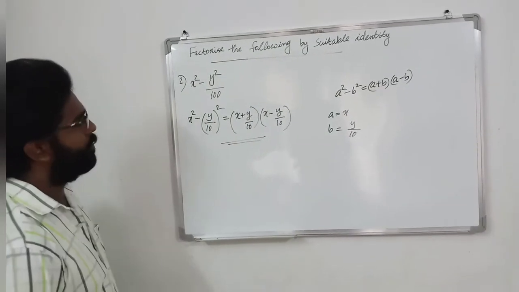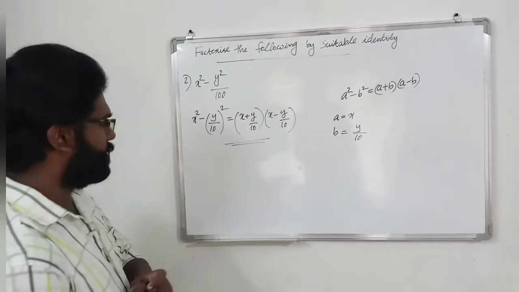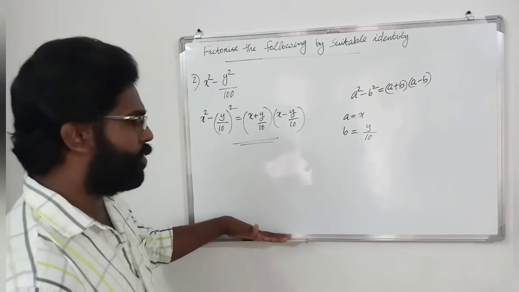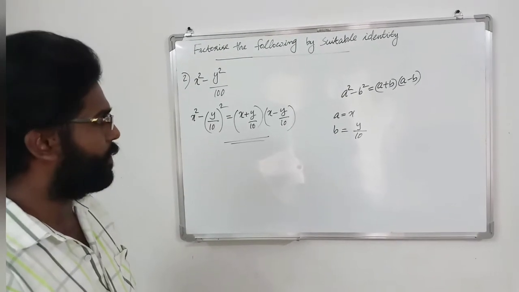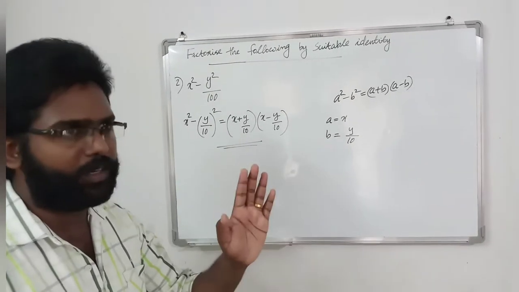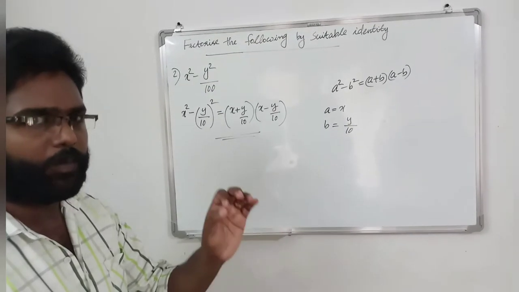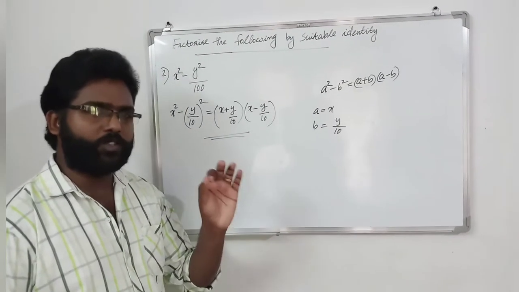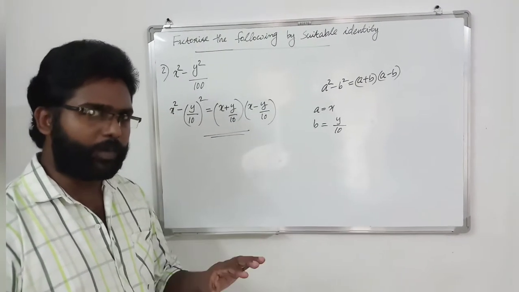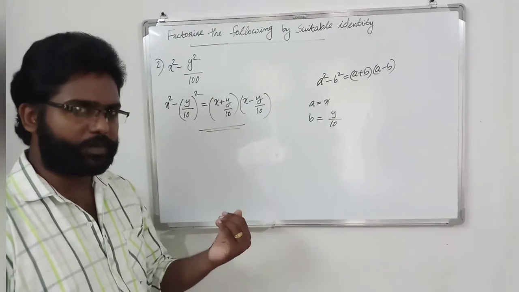It's a simple one. We can do more problems about these four identities, but these four identities were already studied in the 8th standard. So the most important one is x plus a into x plus b. This is a simple one for factorization and expansion of the first four identities. First one: a plus b the whole square, a square plus 2ab plus b square. Second one: a minus b the whole square, a square minus 2ab plus b square. Third one: a square minus b square, a plus b into a minus b. Fourth one: x plus a into x plus b, x square plus a plus b into x plus ab.